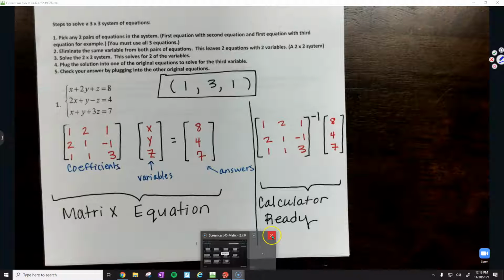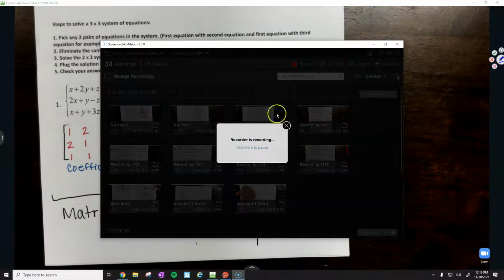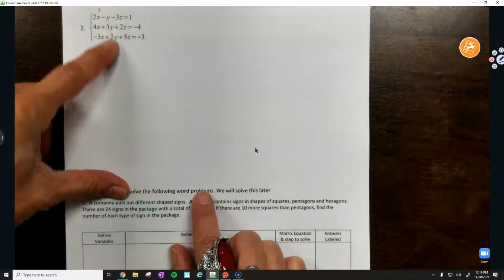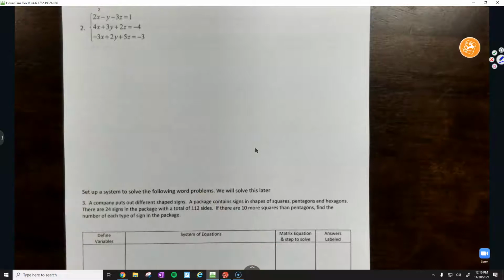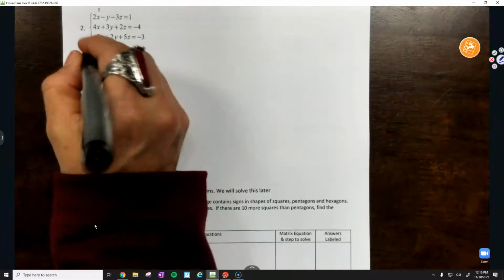Did you tell us to make a y negative instead of a z negative? For every system, you have to make sure they're all in the same exact order. For numbers 1 and number 2, they're already in the same order. All of my x's are first, all of my y's are in the middle, all of my z's are at the end. So I am not writing the matrix equation every single time. I am going to write the calculator equation from here on out because that's what you need to be comfortable with. So remember,